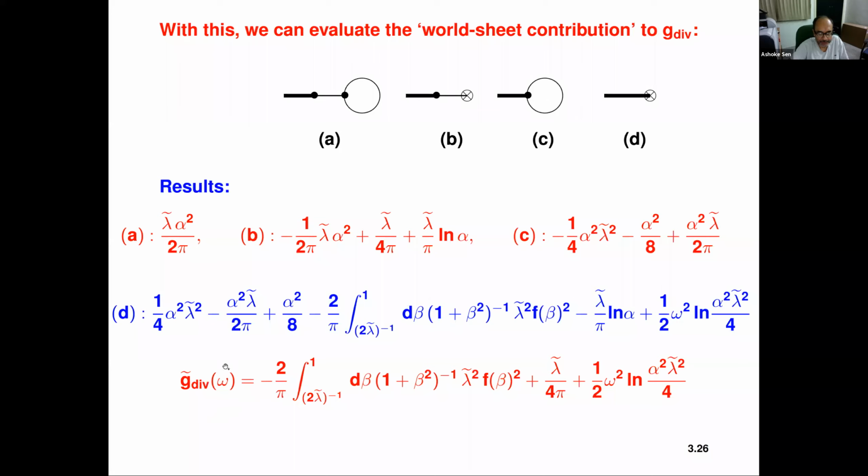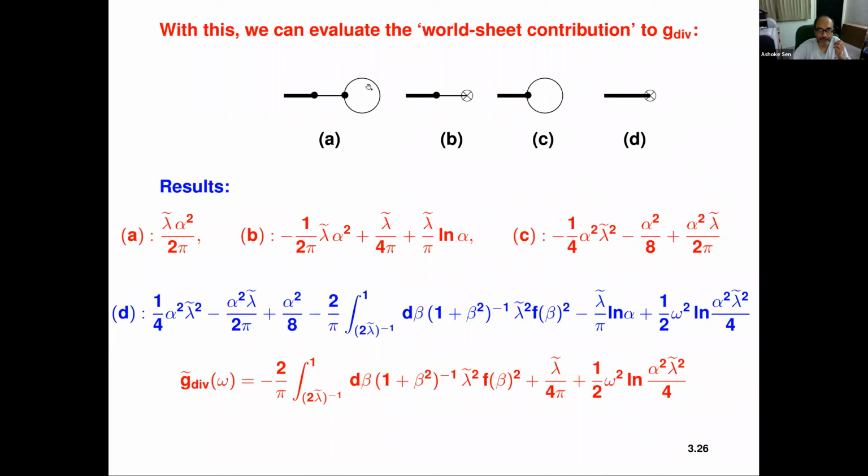And here what I have described is the sum of these. So this gives the divergent part of G. That's the worldsheet contribution. But that's only the easy part of it. So what we will do next time is to describe the other parts that you have to compute. Let me just remind you what the other parts are. First, you have to look at the psi1 exchange contribution, because in any of these propagators you could have put a psi1. That contribution has to be computed separately.